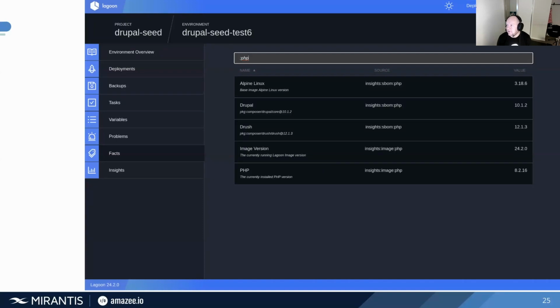Inside any given environment, you can see the versions that are running. So this is an old version of Drupal 10.1 running on PHP 8.2 on an Alpine 3.18 image, but it's built using the 24.2 release of Lagoon images. So there's a lot of information there that can help a user who isn't technical know what version of Drupal